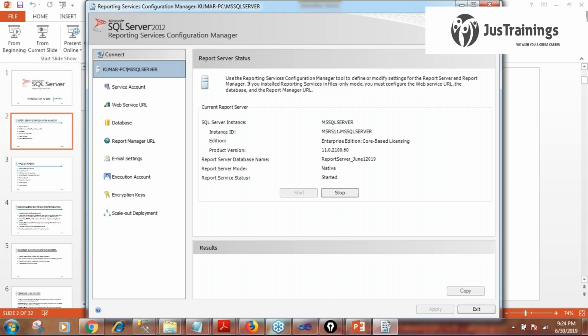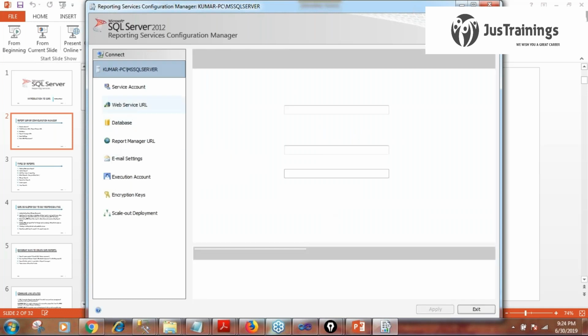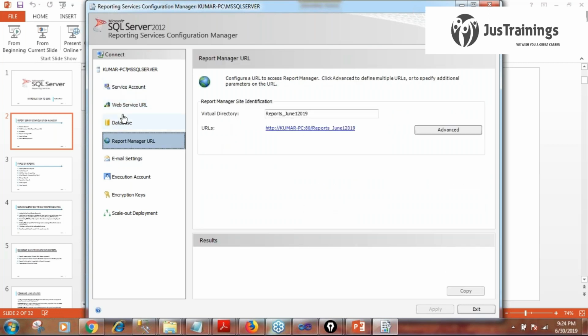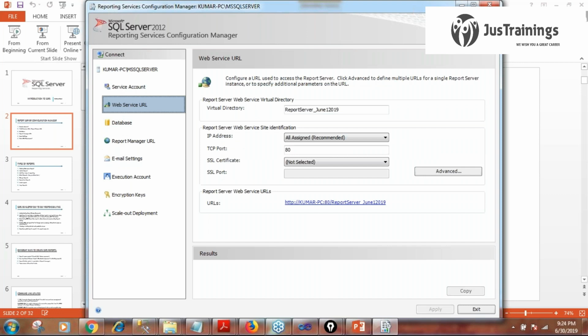You can see the report server, web server URL, database, and report manager. The same settings are also available in the file, but working with that file is a little bit tough because it uses a lot of XML tags. Whereas this is a GUI component. You just change some options, and then you can start working with your SSRS. So Reporting Services Configuration Manager is easy when compared to the configuration file.